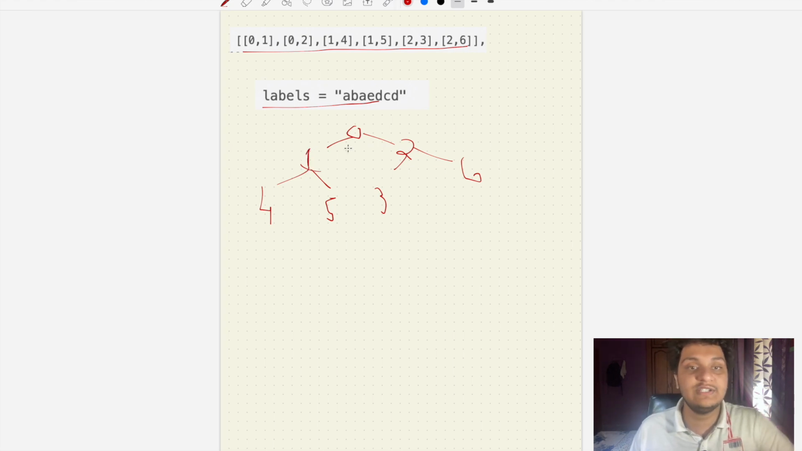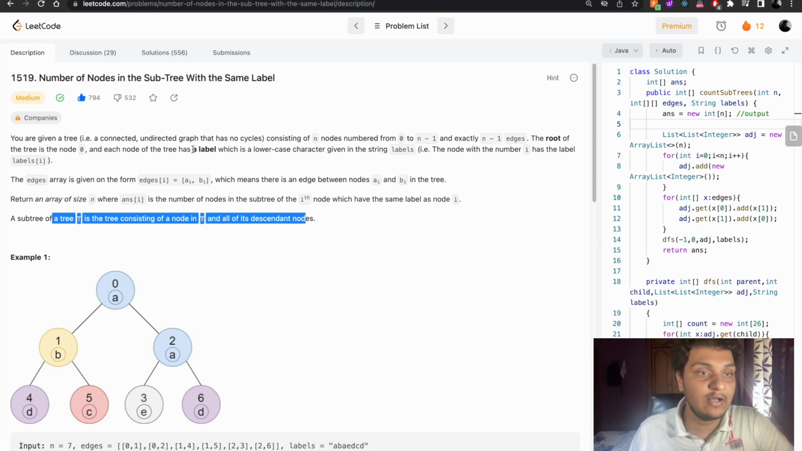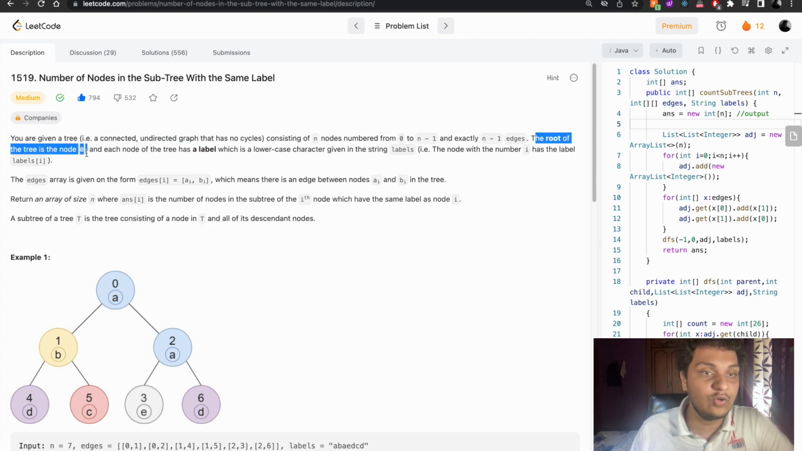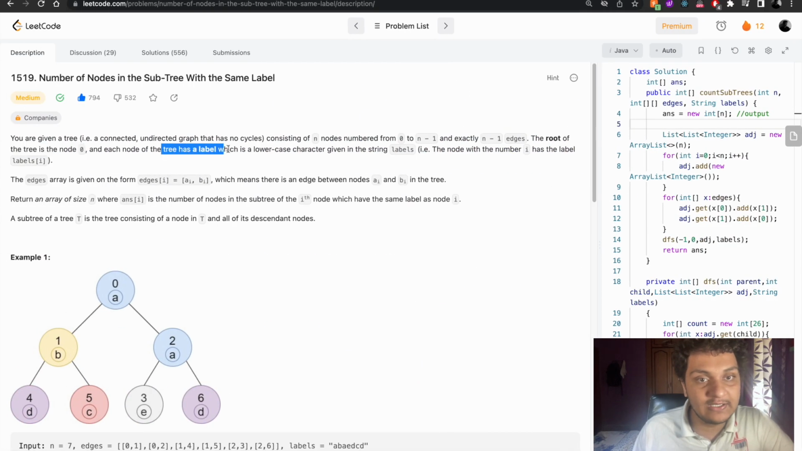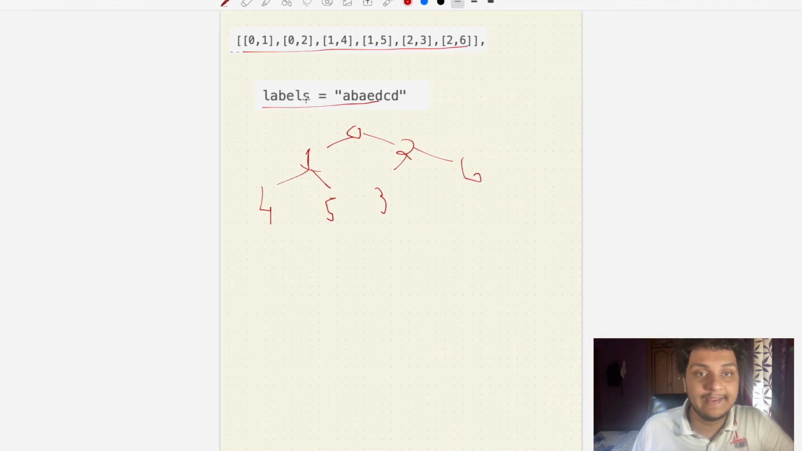So we have created a tree here. The first rule is finished. We created a root of the tree, starting from the root, and it has subtrees. Now what is the second rule? We have to label the tree with the lowercase letters in the labels. So we have to label everyone, starting from 0, 1, 2, 3, 4, 5,